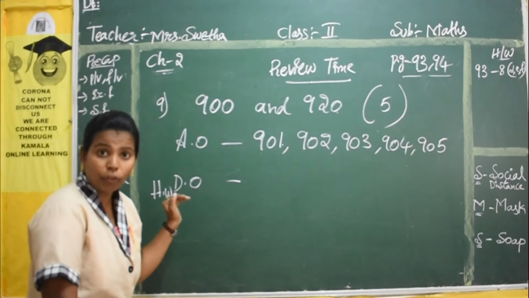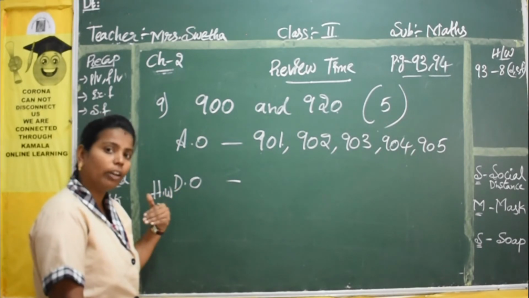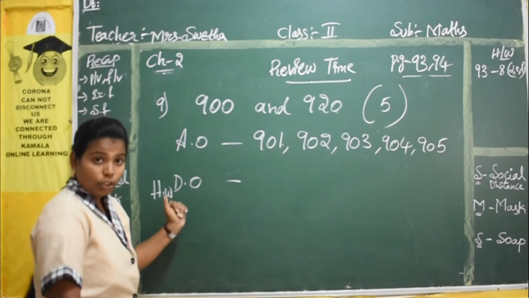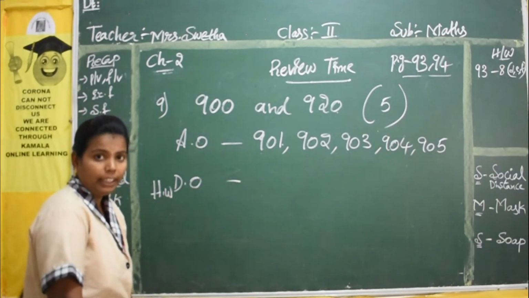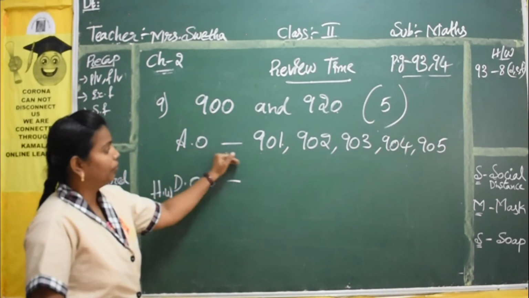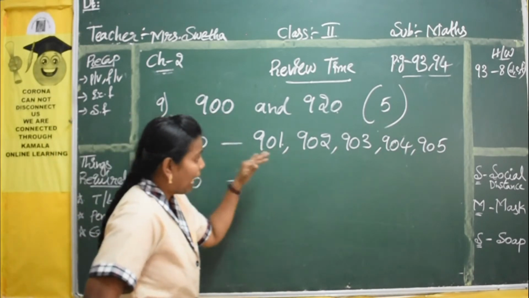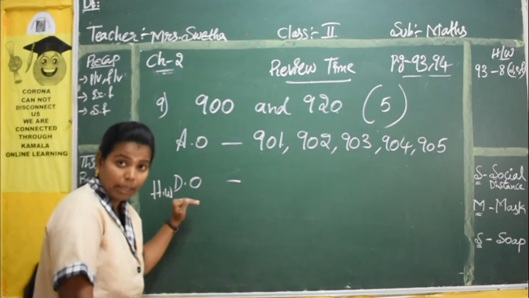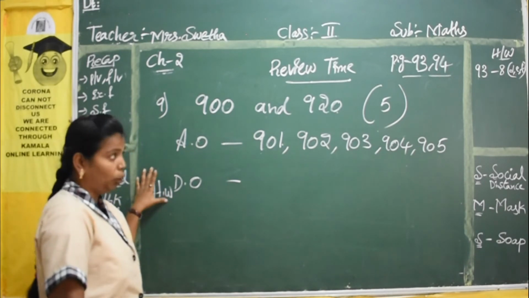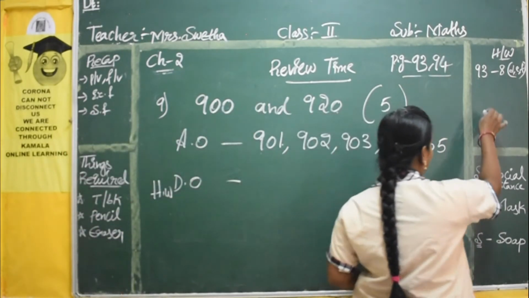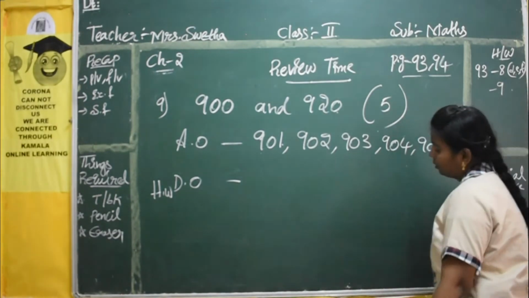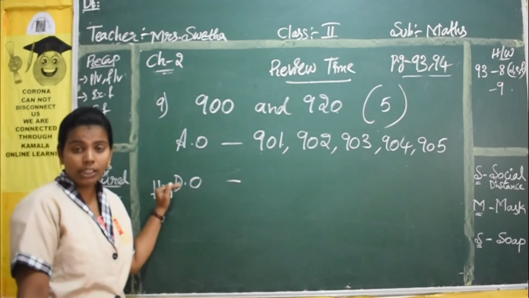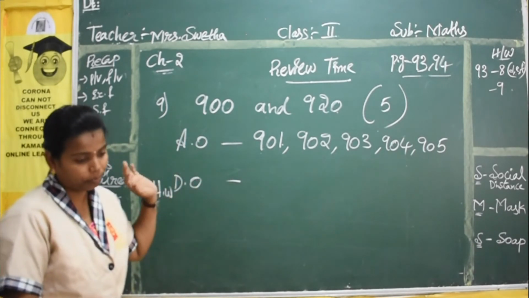As I said before, if you have written one order, the other order becomes very easy for you to write. Here I have given the first 5 numbers arranged in ascending order. Now you have to arrange them in descending order. This is your homework. So from the 9th bit also you have one homework. I think you have understood this one. You can copy it down in your notebook.